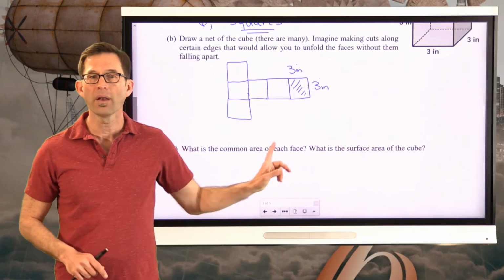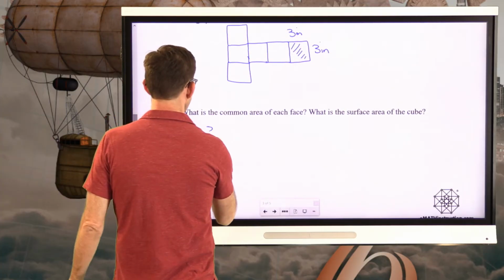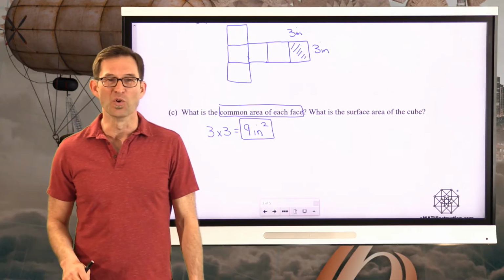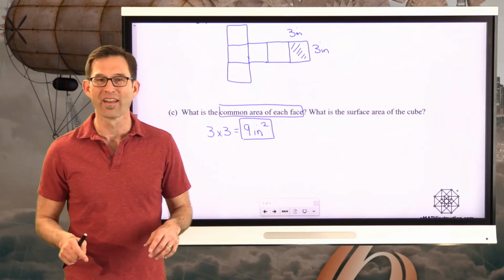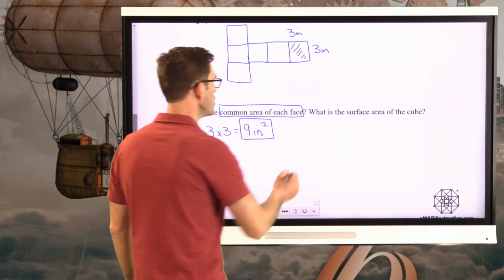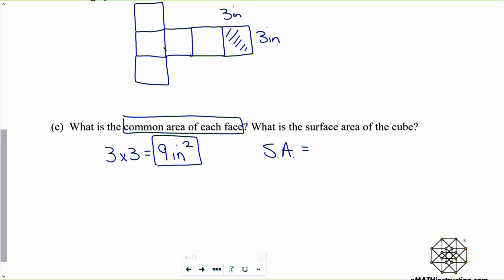All right, well, the common area of each face, all of them being squares, is going to be 3 times 3, or 9 square inches. That's the common area of each face. But the spectacularly nice thing about a cube is it's got 6 faces that are all identical. So the surface area of the cube, and we oftentimes abbreviate surface area with a capital S, capital A, hopefully for obvious reasons, will be 6 times 9, or 54